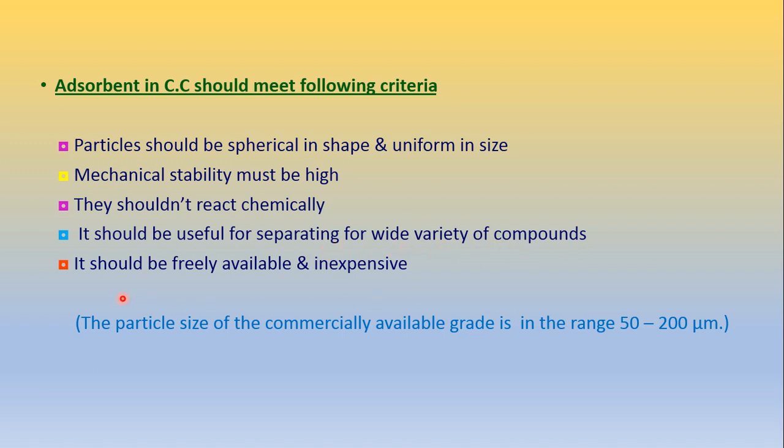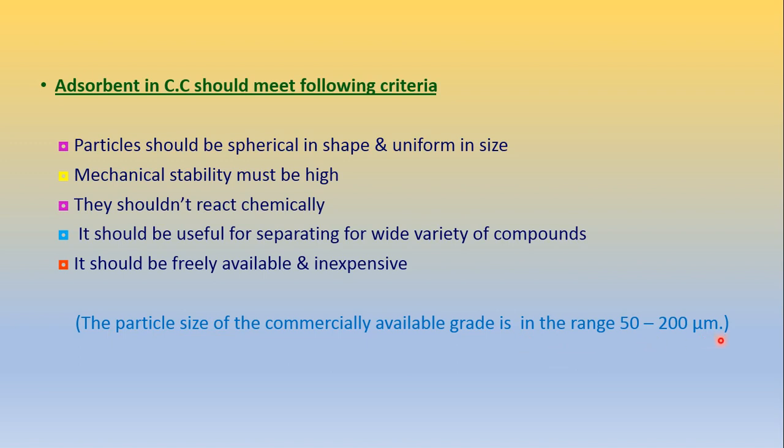It should be freely available and inexpensive, meaning it should be easily available and very cost effective. And these silica gel and alumina gel substances are very cost effective, so these are highly used in chemistry laboratories. The particle size of the commercially available grade is in the range of 50 to 200 micrometer